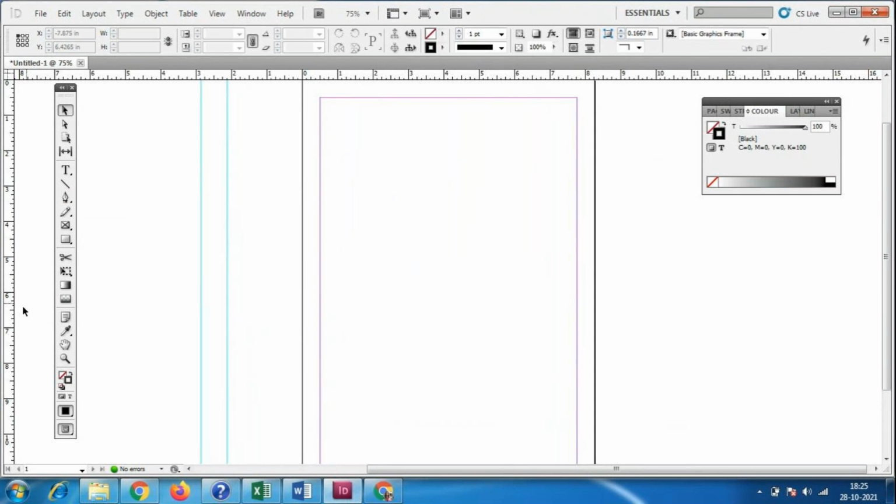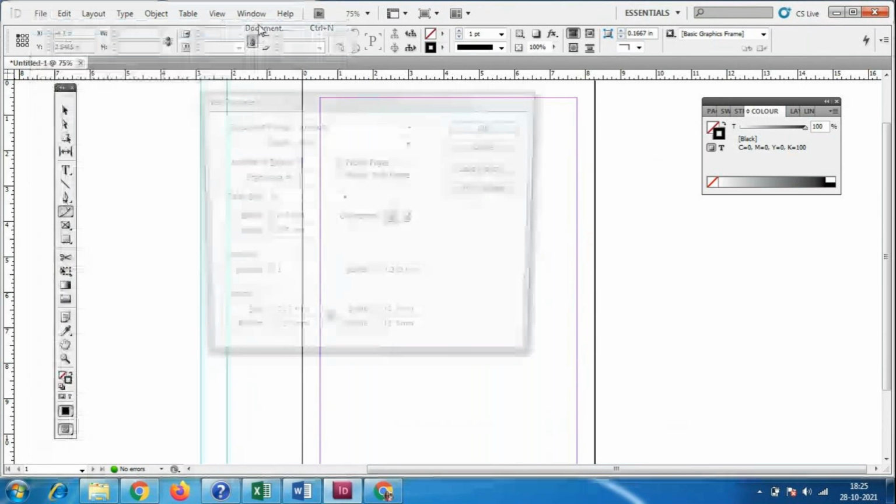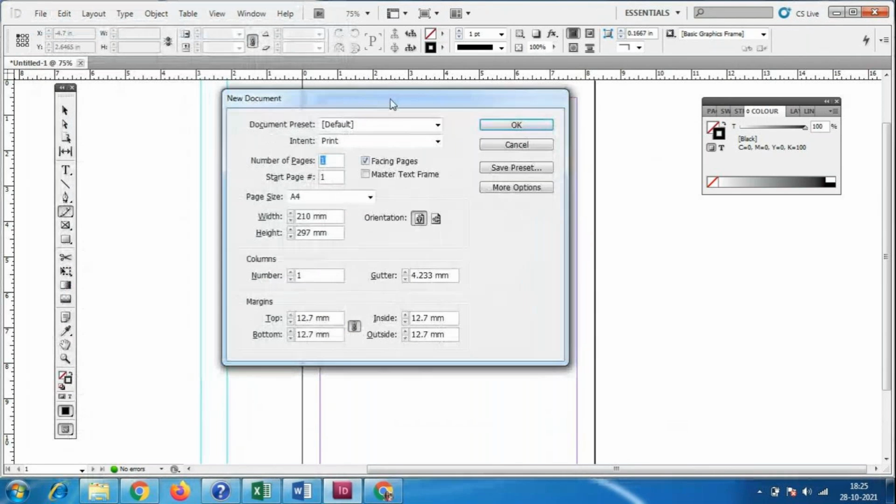Next we will come to the pencil tool. Under the pencil we have the pencil tool, smooth tool and erase tool. Before that, I'll go to File, New Document. Yesterday I told you we can make a book design. For book designs we have to take at least 50 or 100 pages.